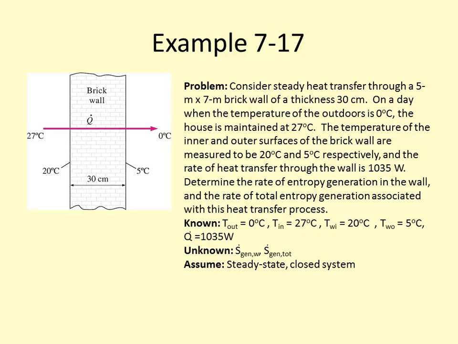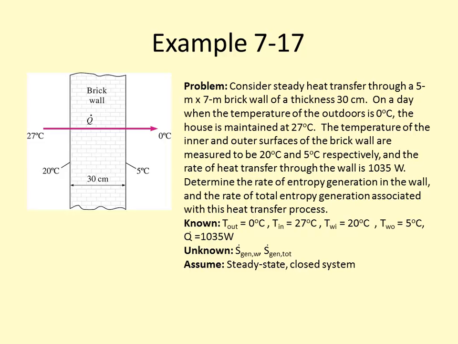Our Q dot is the same, it's 1035 watts. But in this case, the temperature of the boundary where the heat is leaving, as we've expanded our system, is 0 Celsius or 273 Kelvin. And on the inside, the temperature that it's coming in is 27 Celsius, which is 300 Kelvin, and the heat flux is still the same. So 1035 watts over 273 Kelvin minus 1035 watts over 300 Kelvin, and we get